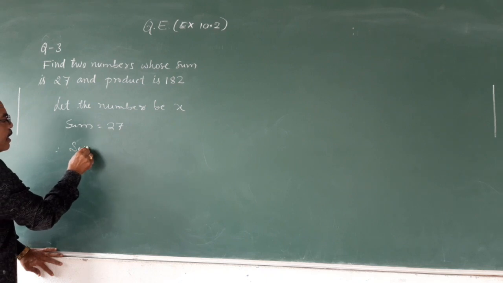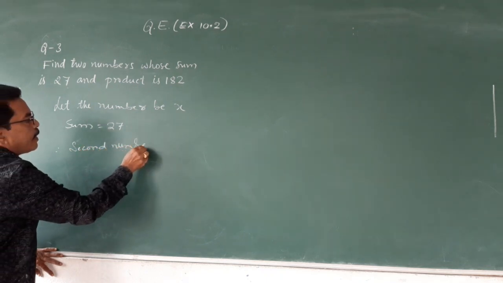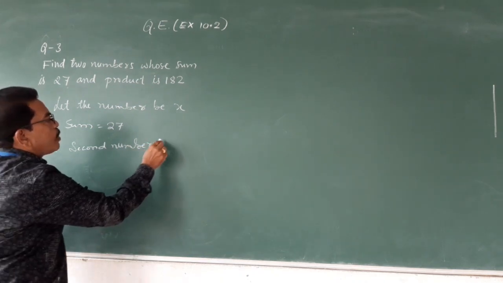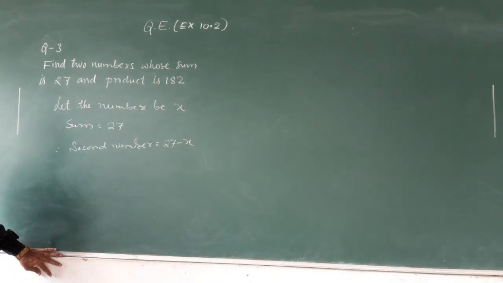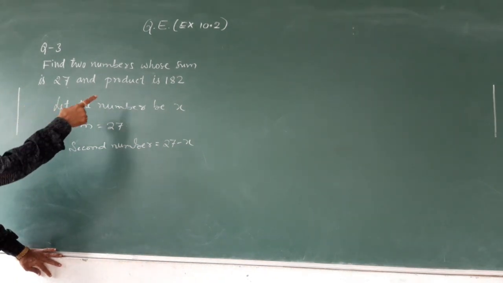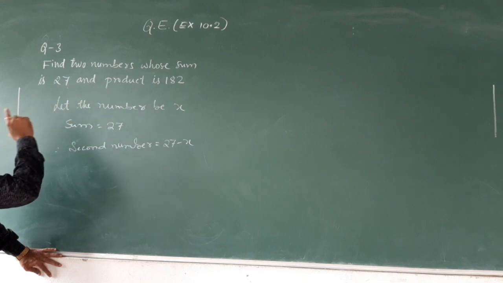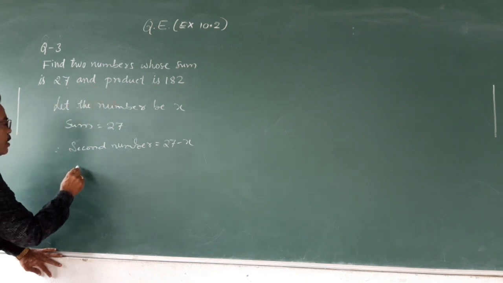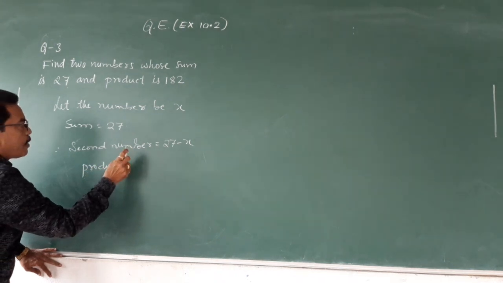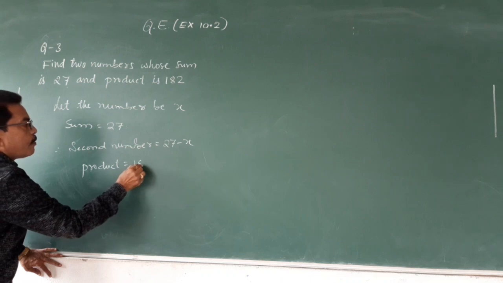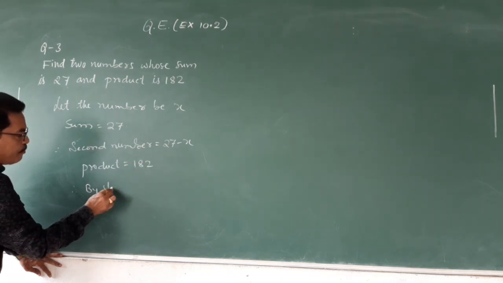Therefore, the second number equals 27 minus x. According to the given statement, find the two numbers whose sum is 27 and product is 182. Therefore, by the statement,